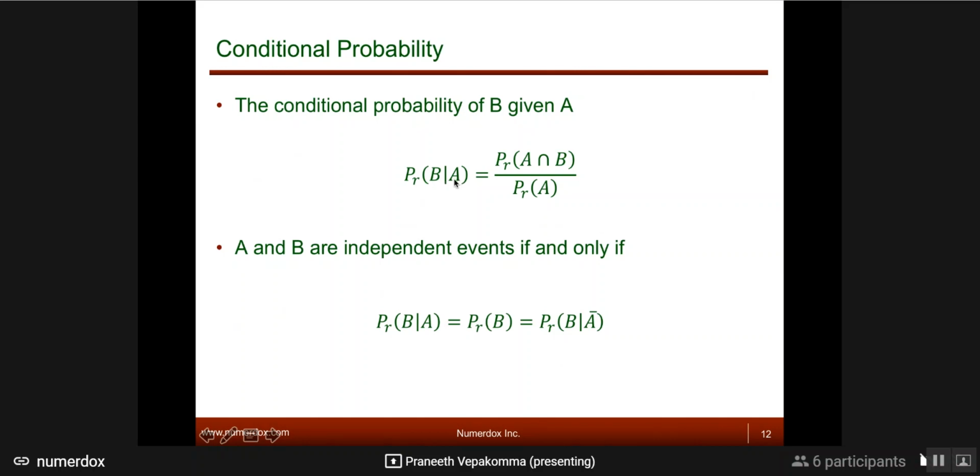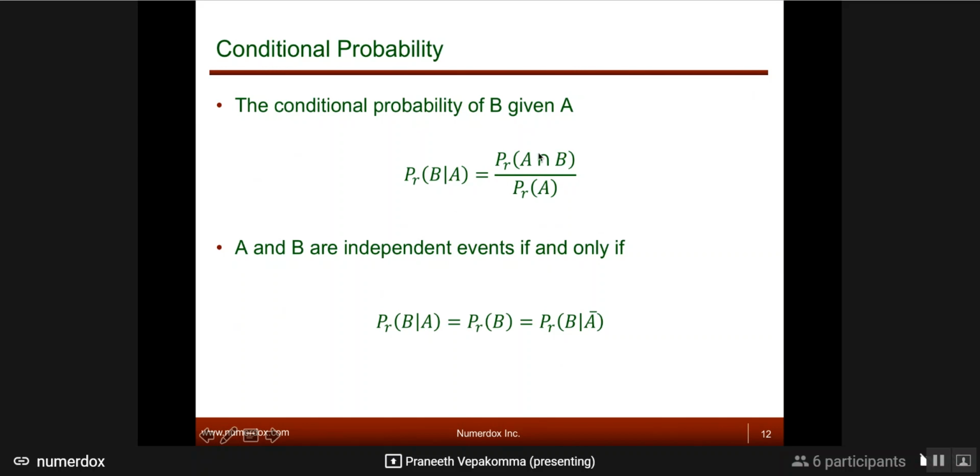So if A takes a value of rain falling, so given that rain has already fallen, so there's no uncertainty, no probability you're measuring. I'm telling you, it's 100% that rain is going to fall. Given that the rain is already definitely going to fall, what is the probability that the cricket match would be cancelled or not cancelled? So it depends on what kind of rain, how long it falls, all that I'm not telling you. So you need to measure that. How do you measure that? This is known as the conditional probability. So you're conditioning, given a condition, you're trying to measure the probability of another event.